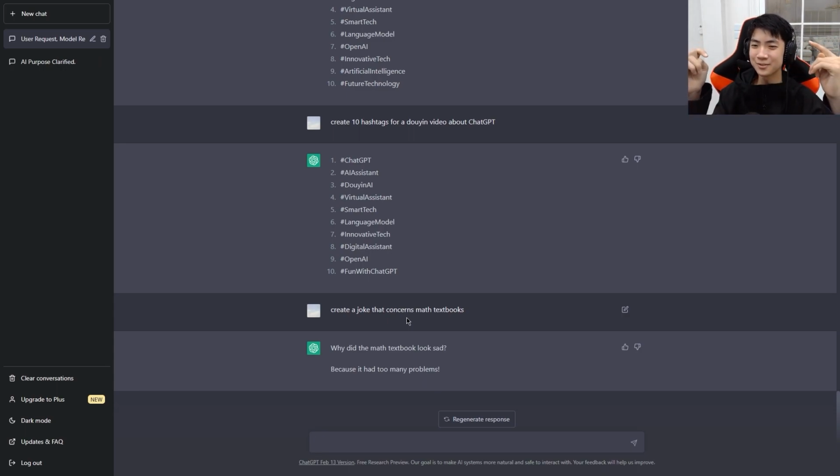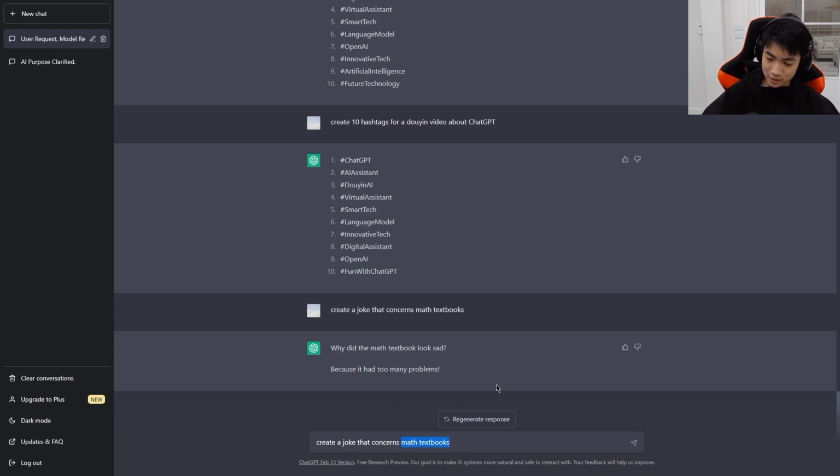Hey, why did the math textbook look sad? Because it had too many problems. Oh my god. Okay, now let's create something else. I didn't believe that would actually work. I didn't even think of that, because of too many problems. Oh my god. That concerns the